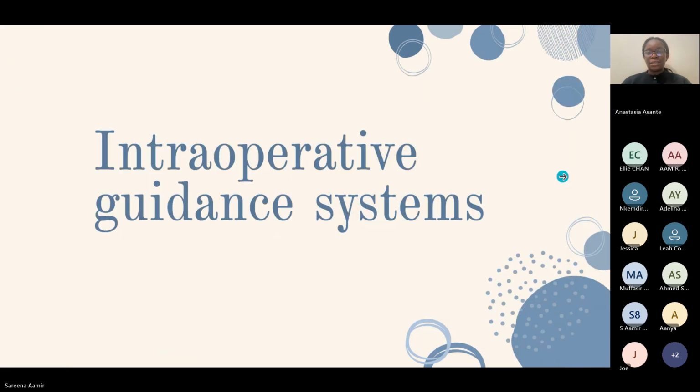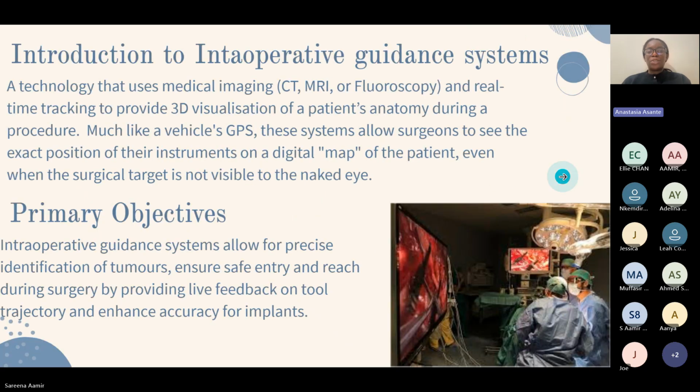Next slide, please. Okay, so now we're going to move on to intraoperative guidance systems. In terms of the introduction, it's essentially a technology that uses medical imaging such as CT scans, MRI scans, or fluoroscopy, and real-time tracking to provide 3D visualization of a patient's anatomy during a procedure. So it's kind of like a GPS,